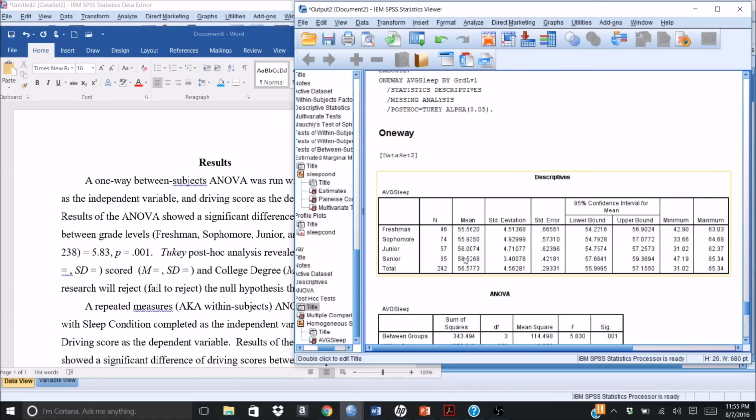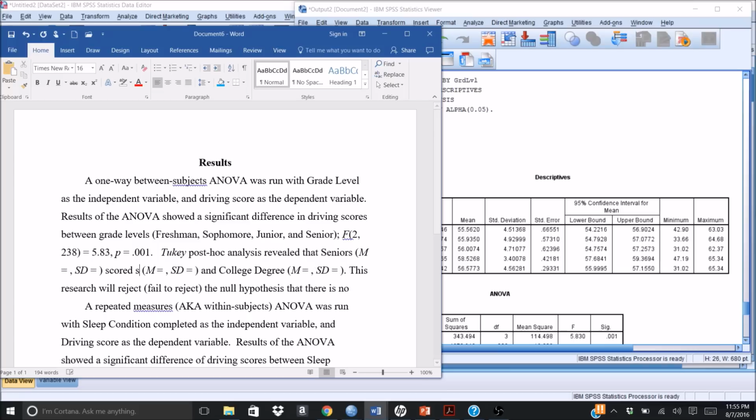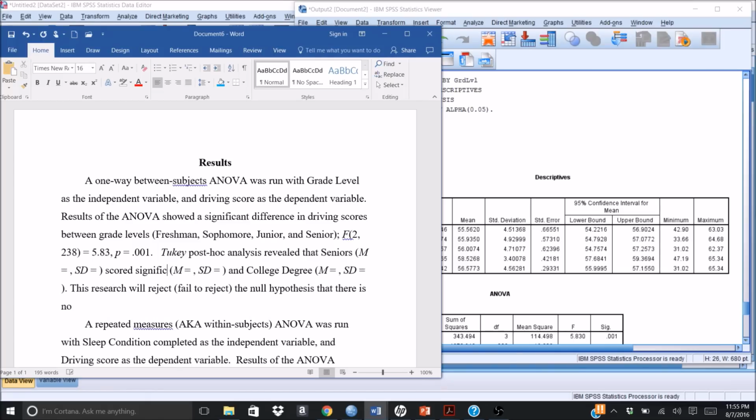Seniors scored a 58, juniors scored a 56, sophomores scored a 55, and freshmen scored a 55. So seniors scored significantly higher than freshmen, and then their mean and standard deviation